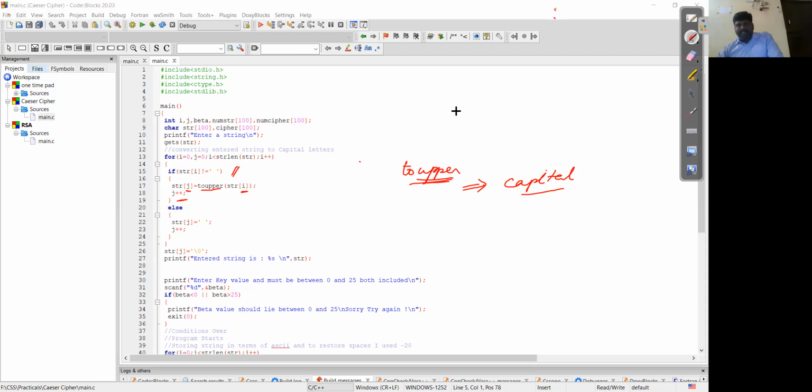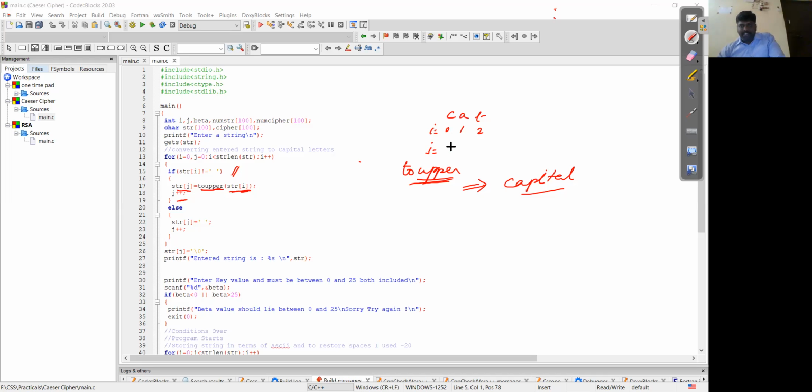For example, if I'm taking CAT, my i value is 0, then 1, then 2. When you talk about my j value, I'm going to use the function toupper, which converts whatever input is available in the string's ith position into the upper character, and that is stored in the place of j.